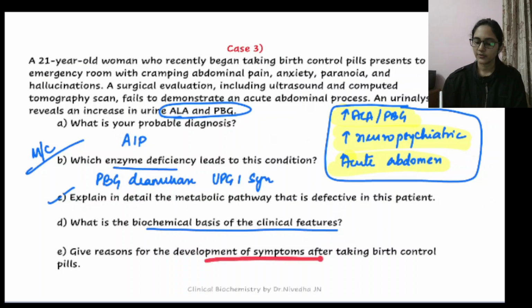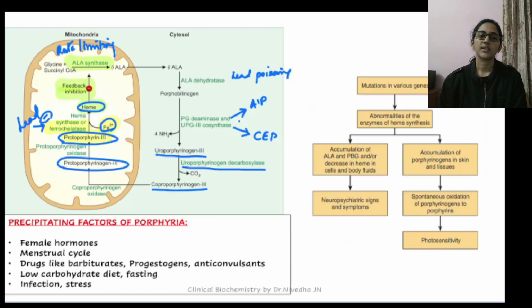Now give reasons for the development of symptoms after taking birth control pills. So what is the reason for this? In porphyria, there are precipitating factors. So not just the birth control pills, just remember all these. Whenever you find all these factors in your case, the main reason is they all induce your enzymes. They all induce the enzymes of heme synthesis. All right. So female hormones,